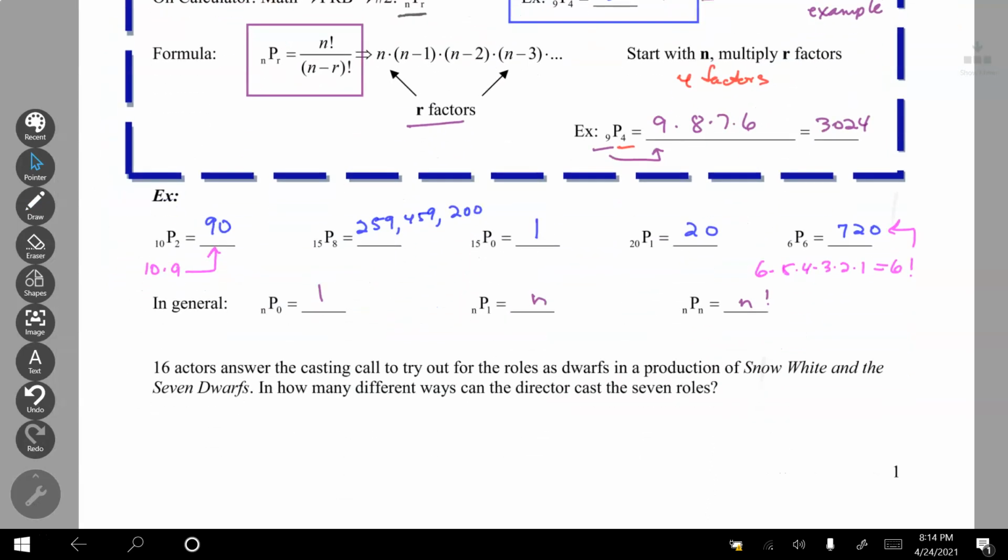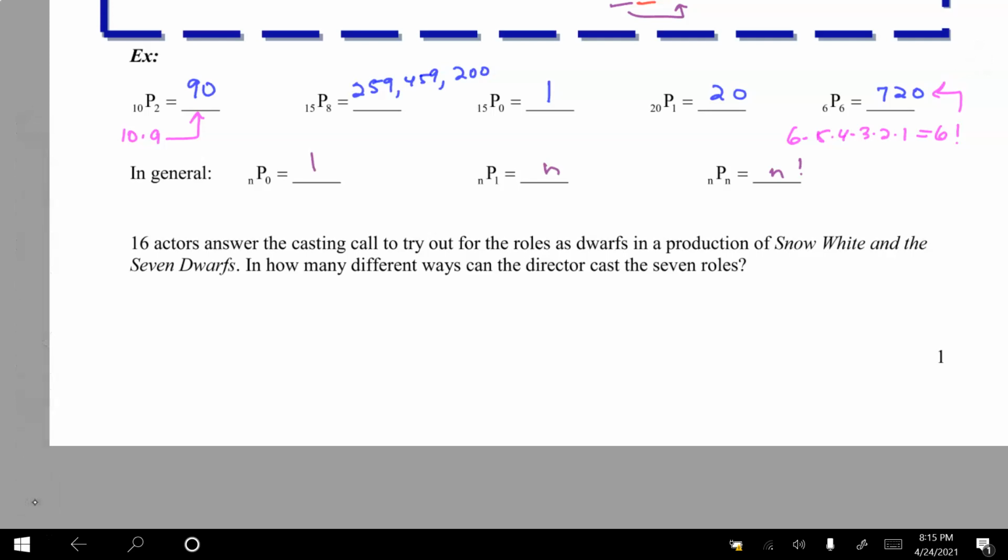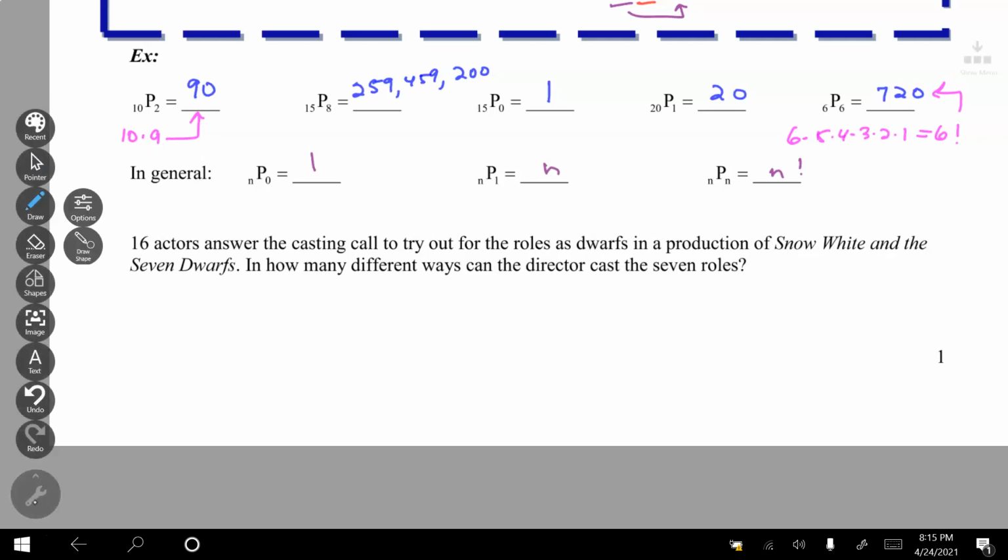So let's look at the cast of Snow White and the Seven Dwarfs. We have 16 students trying out for the 7 dwarfs. Now we're going to say each of them are created equal, even though they're not, because you definitely want to be Doc, he's the smartest, or you want to be Dopey, he's the comedy relief. But let's say they're all created equal, and the idea is that